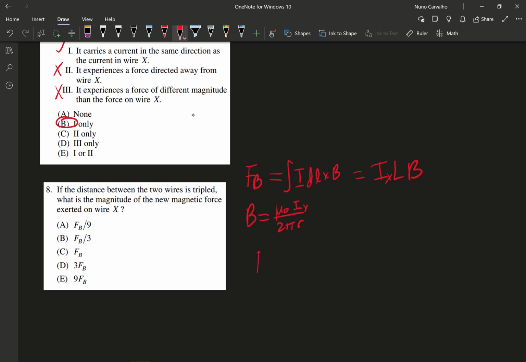So putting this all together, that tells me that the formula for the magnetic force felt by or exerted on wire X is going to be given by this here. Hopefully I wrote that correctly, but what you'll see is that if we were to triple the radius, like so, we'd be cutting the magnetic force from before by 3,